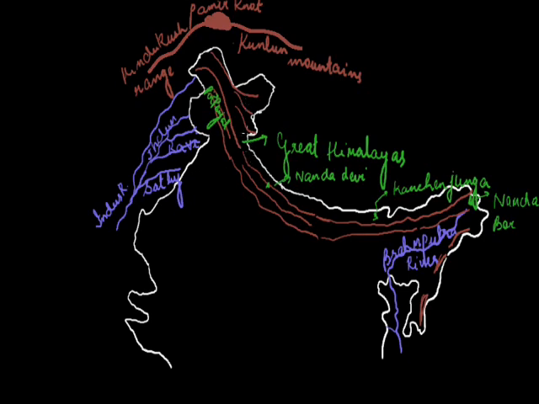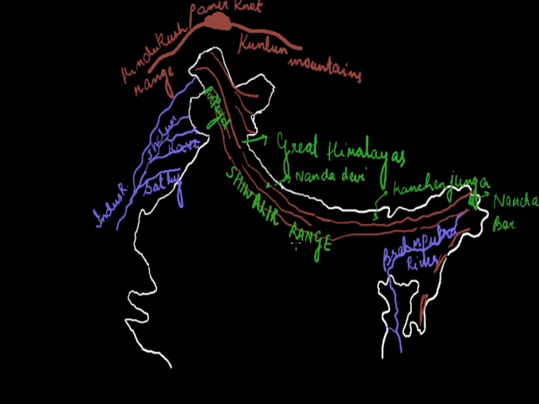Coming to the outer Himalayas or the sub-Himalayas, as I have already said, these are also known as the Shivalik range, the southernmost range of the Himalayas. You can see the extent of the Shivalik range on the map. Generally in geography, we don't use the green color for explaining the mountains. It is just to give you a clear depiction. Otherwise, brown color is used to depict the mountains, or you can just use the pen.